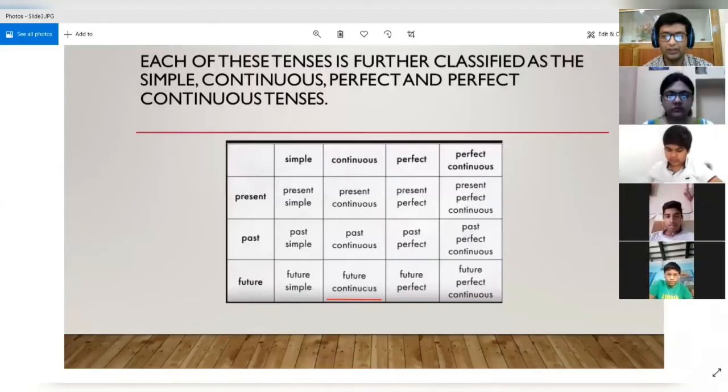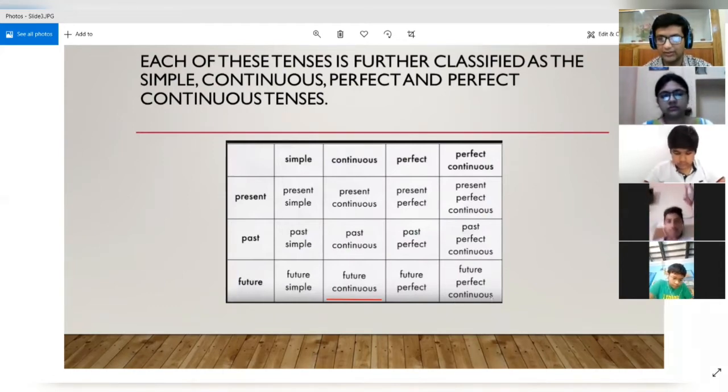So today we will revise it a bit, and then we will solve the exercise where we will fill in the blanks with the future simple tense or the future continuous tense. And then we will move ahead and we will study the future perfect form and future perfect continuous tenses. And then we will solve an exercise on them also. All right.